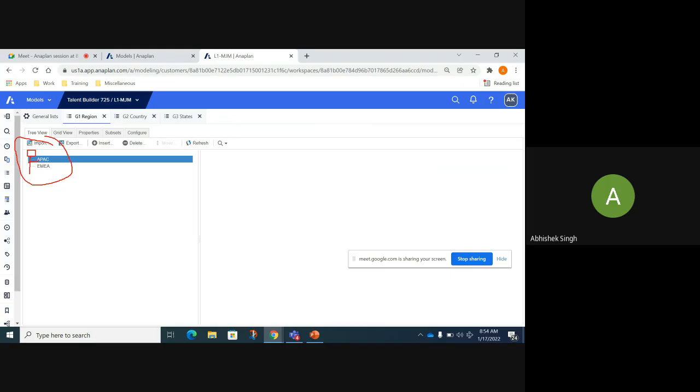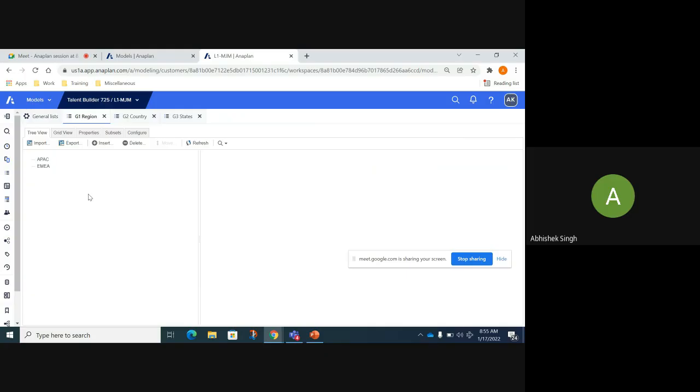If there were something here, I would have clicked and seen the possible aggregated data for my APAC or EMEA. So what that means is you can't ideally have a parent of region, and that's the reason why you don't see it, but still what you want is a possibility where you can see APAC and EMEA getting aggregated.